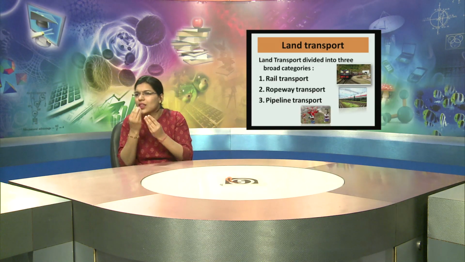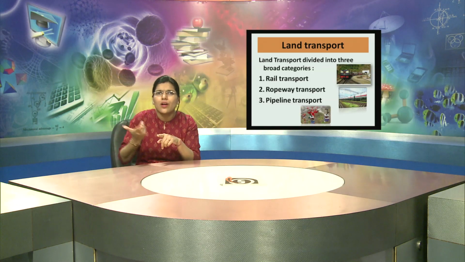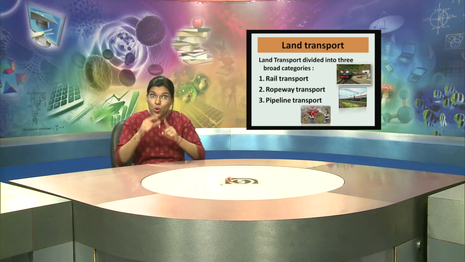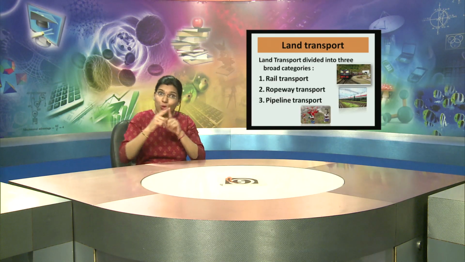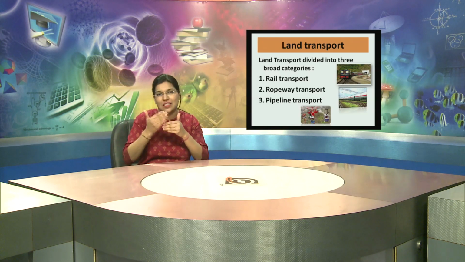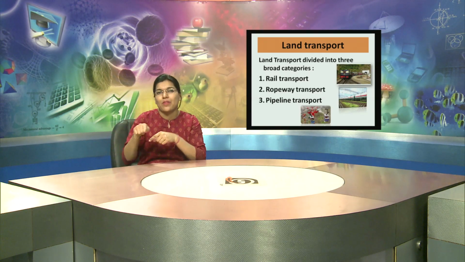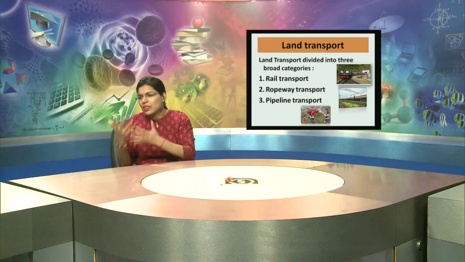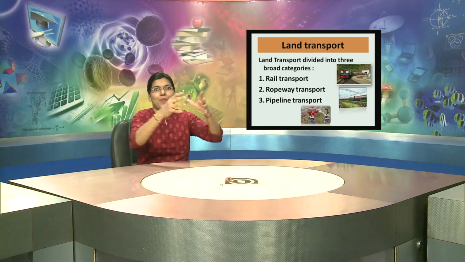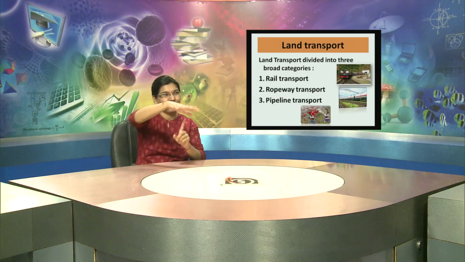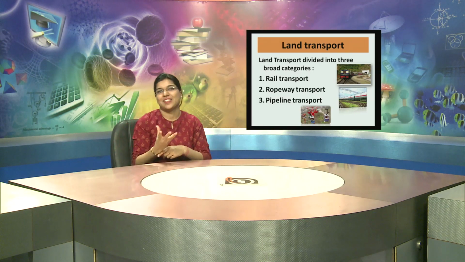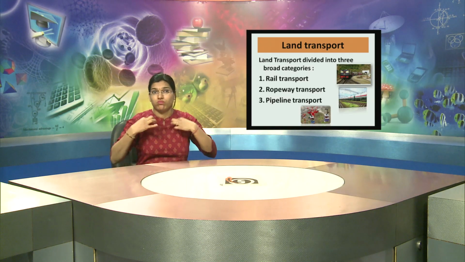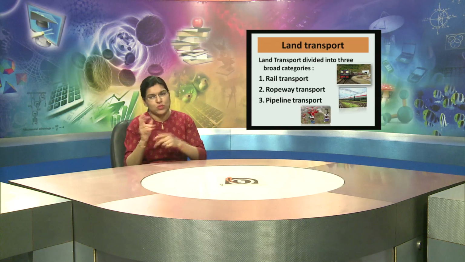Jammu, we buy different things. How do they reach the top? They reach through ropeway transport. If someone walks and takes it to the top, no, it is not possible. It reaches there through ropeway transport. In mountains, there are different shops which sell products. For example, medicines, clothes, different things are there.